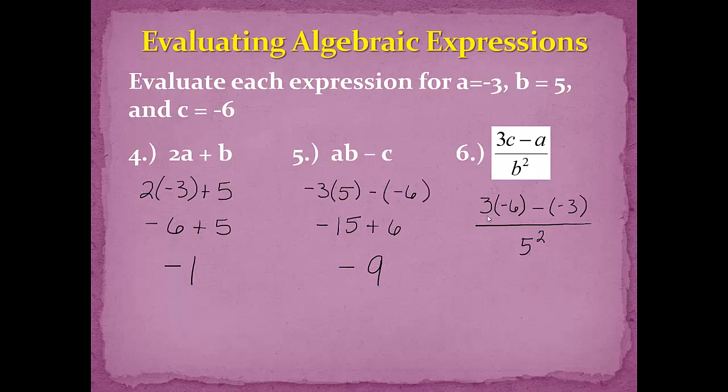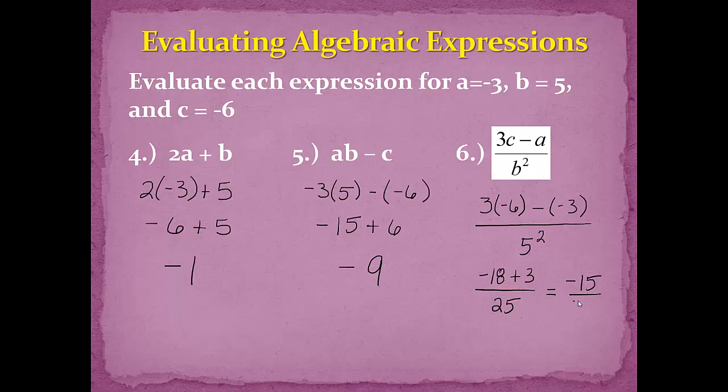So if we simplify the numerator, we have 3 times -6, which is -18, and then minus -3, which would be plus 3, and then our denominator, which is 5 squared, would be 5 times 5, and that's 25. Now we'll simplify the numerator, and we have -18 plus 3, which is -15,